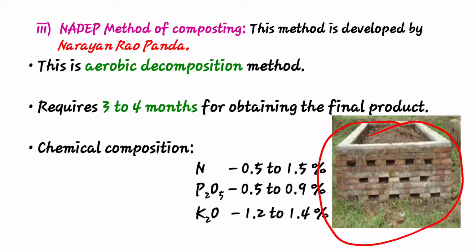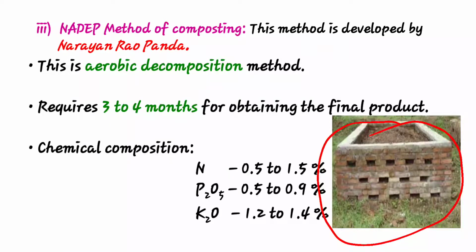This is a continuous, alternating process of layers. Then the third layer consists of dry sieved soil, spread on the second layer. Then sprinkle water again. The tank is filled with material up to 1.5 feet above ground level, meaning above the brick level. Then make a hut-shaped, dome-shaped plaster with cow dung and mud slurry. The tank should be filled within 1 or 2 days.